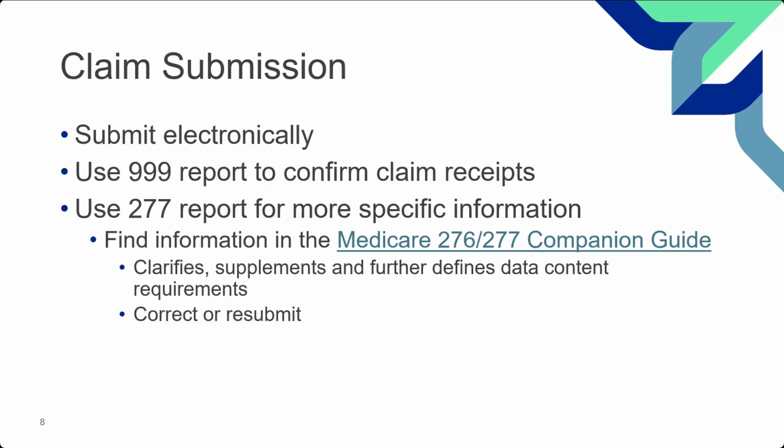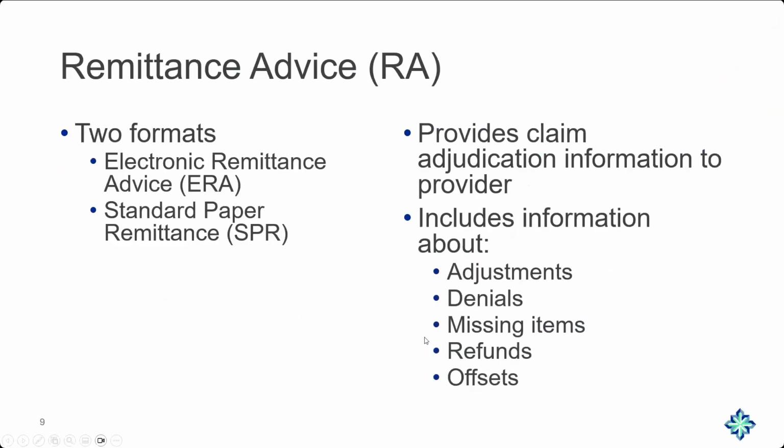the claim requirements and know when they need to correct or resubmit the claim because it didn't make it into the door, so to say. We call those pre-pass edits. Now, claims that do move past the pre-pass edits and get in the door, if you will, generate a remittance